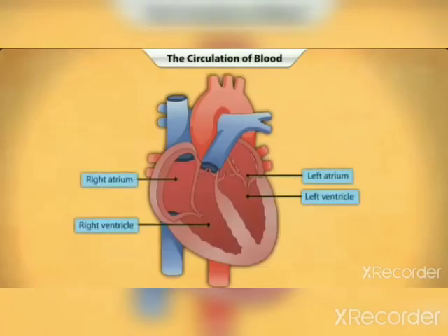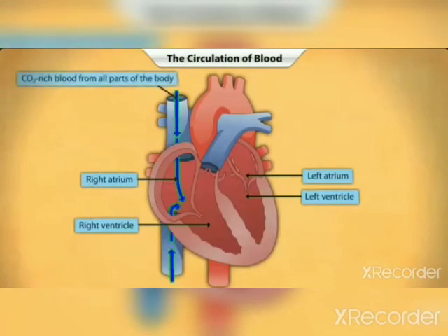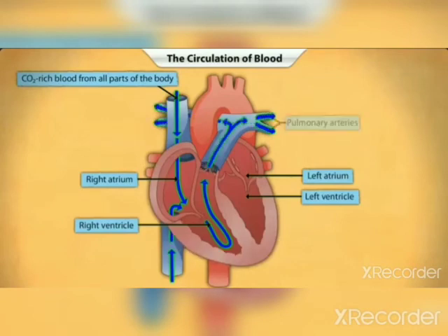So how does the blood enter the heart? Superior vena cava and inferior vena cava take carbon dioxide rich blood to the right atrium. When the right atrium contracts, it transports blood to the right ventricle. Then the right ventricle contracts and transports the blood to the pulmonary artery. Pulmonary artery carries this